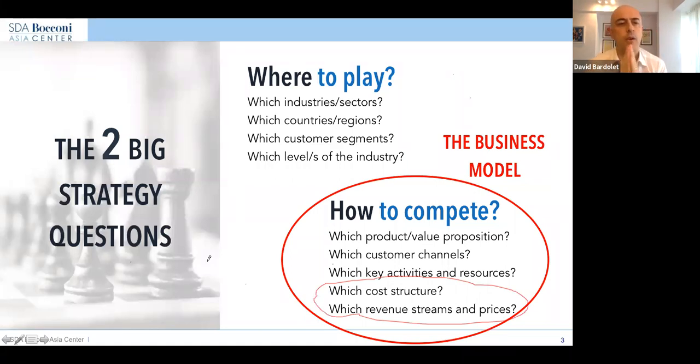Costs and revenue streams. Because many times the problem we have in strategy is that it's so wide and complex, right? It encompasses everything that the company does, the big plan and everything, as you can see in here, all these choices. And many of these choices are qualitative, right? They are not driven by a number.